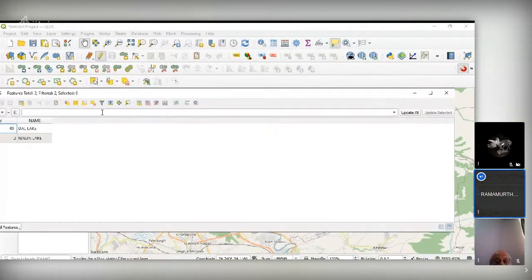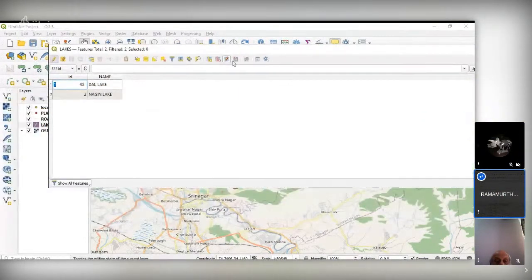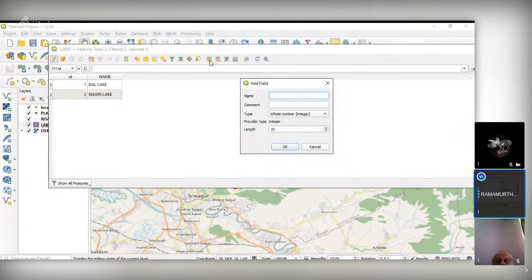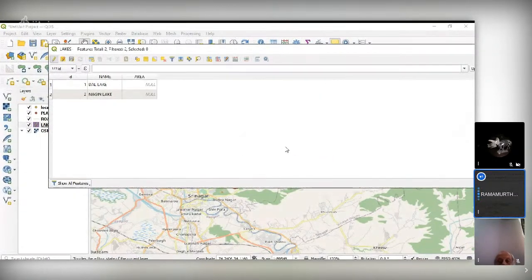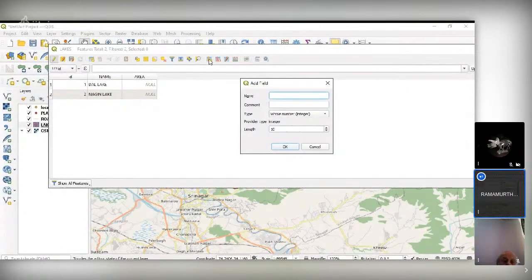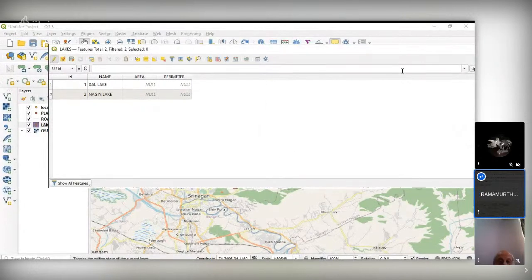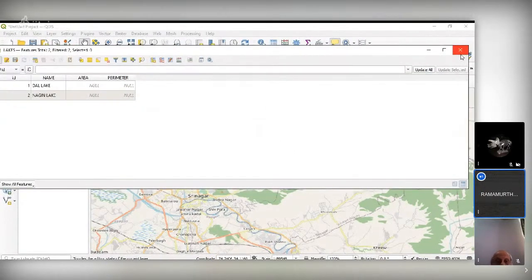Open attribute table. You can add. I'm adding one more field here. Area, decimal and say okay. Add one more field for perimeter also. Again, it is a decimal number and say okay.